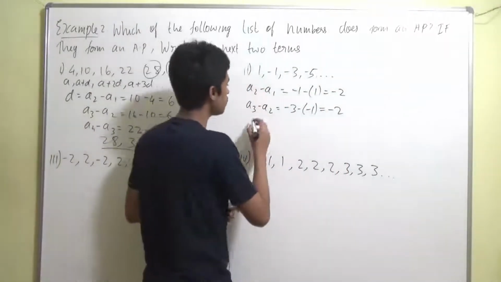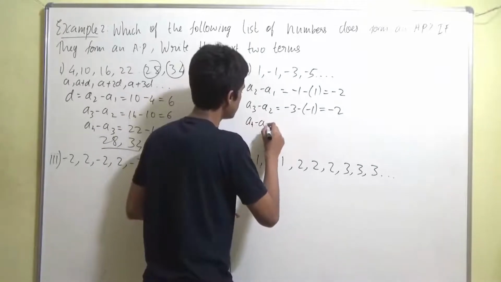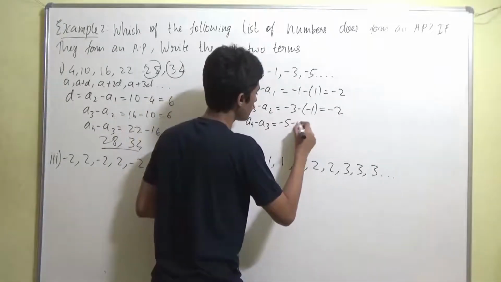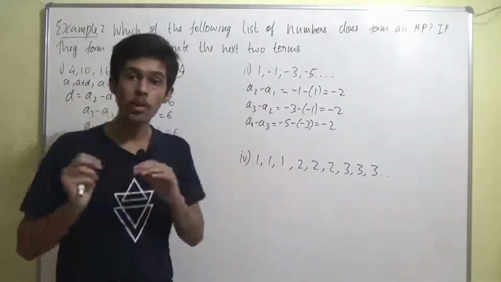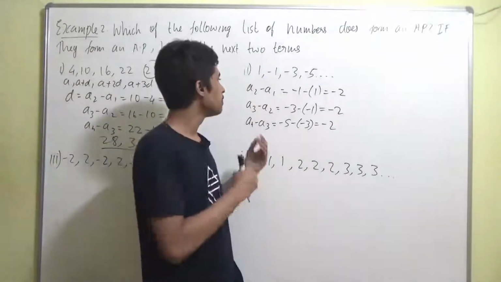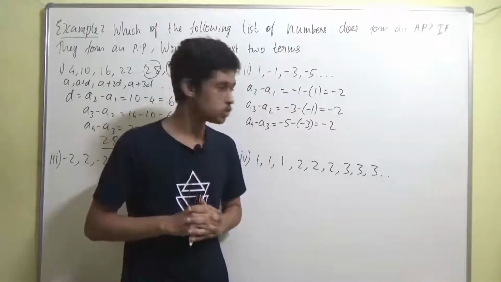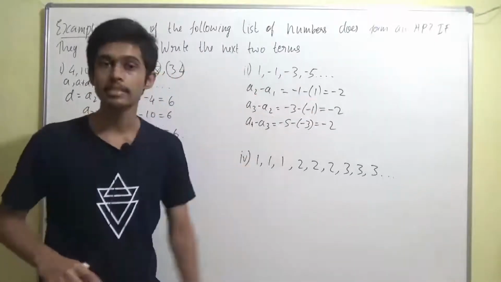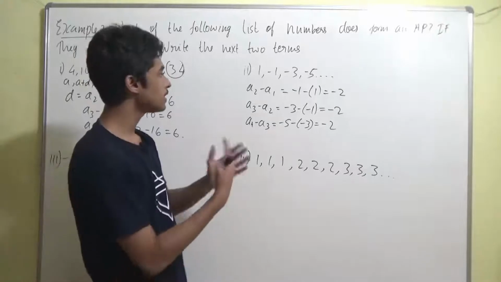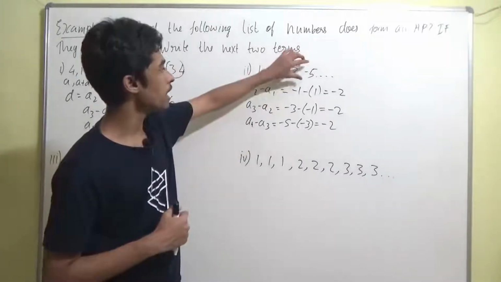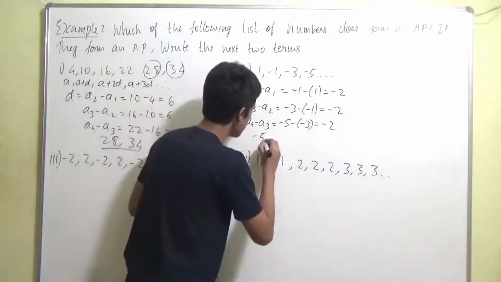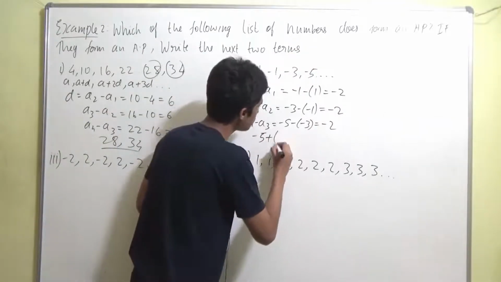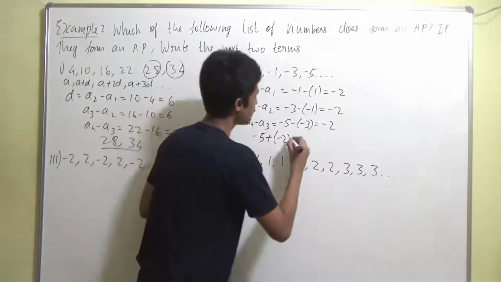Let's do it for the next term also. A4 minus A3. You'll get minus 5 minus of minus 3, which is nothing but equal to minus 2. If you see, guys, throughout the sequence the common difference between the terms is the same, that is minus 2, which means the given sequence is an AP, right? So now let's find the next term of the AP. What you'll do is add the common difference to the last term of the AP. So minus 5, you're adding minus 2 to minus 5. Then this will become